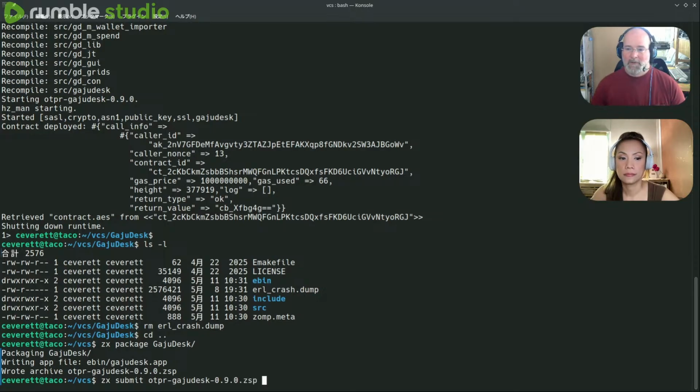Oh, we need to make an announcement. Oh, what? Sorry. Do we need to? We need to tell people in Telegram that this is coming, that their next restart of GajuDesk is going to take a second. Yeah, we can do that in a bit.